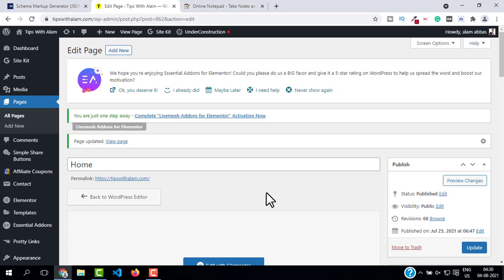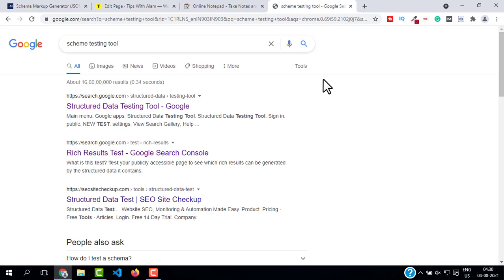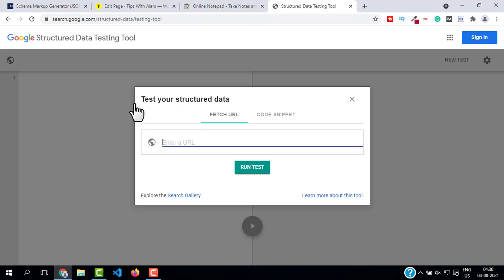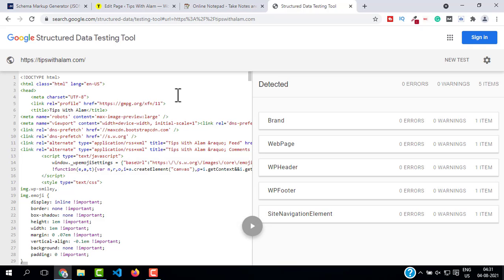Now the last step is to check or validate the schema on your website. For that, just open a new tab and type Schema Testing Tool and go to this first result, which is Structured Data Testing Tool, and enter your URL here and hit enter. If you have any schema on your website, it will be shown here on the right. As you can see, it has detected 5